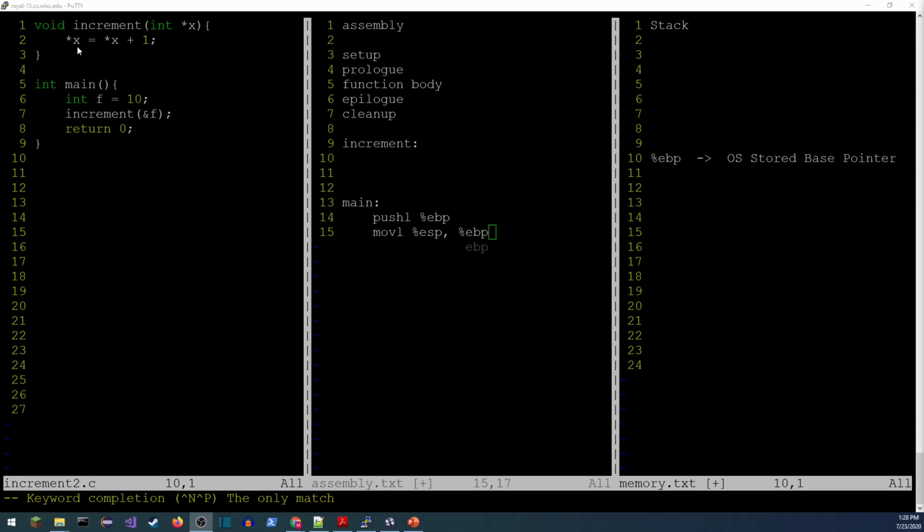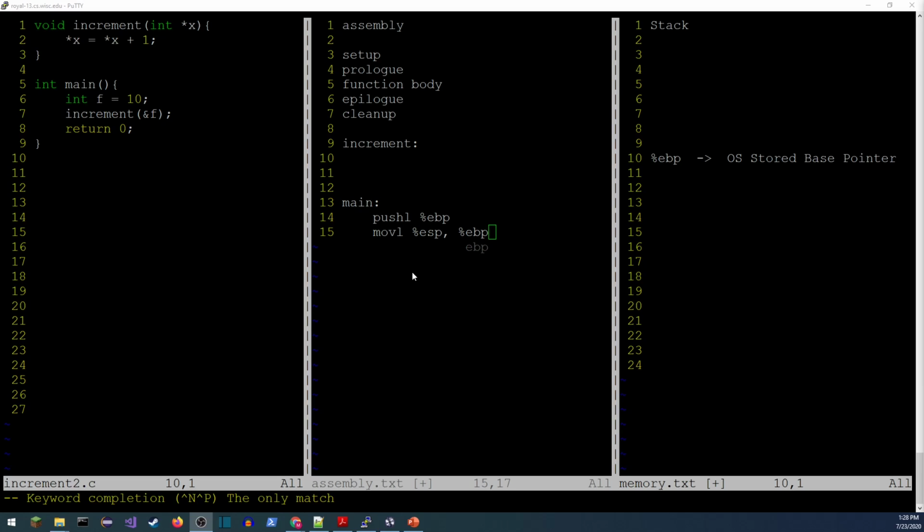All right, so the question asks on the worksheet, what is the assembly created for the increment function? And again, I've got this in the bigger context with a main function. And I'm just going to walk through and talk about all of this again. I think it's useful. I hope you guys learned stuff from this. We haven't done a good example yet that focused on using pointers as a method to pass parameters. So this will have some new content in it also.